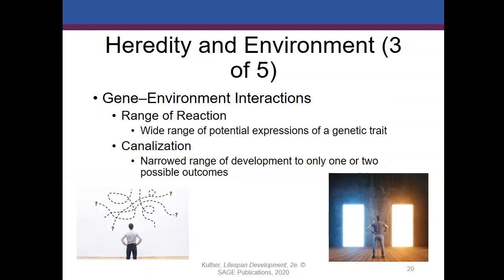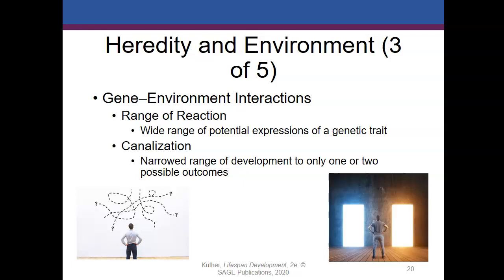Reaction range refers to the idea that there is a wide range of potential expressions of a genetic trait, depending on environmental opportunities and constraints. Some traits instead illustrate canalization and require extreme changes in the environment to alter their course. Canalization means that the genes narrow development to only one or two possible outcomes. Canalized traits are biologically programmed. Barring health problems, around the world, infants walk sometime around 12 months, and only extreme deprivation or neglect can impede